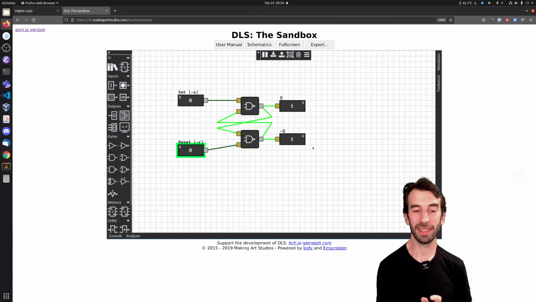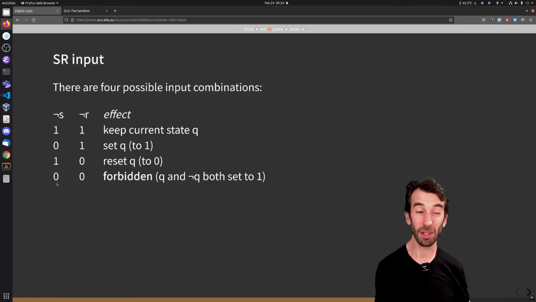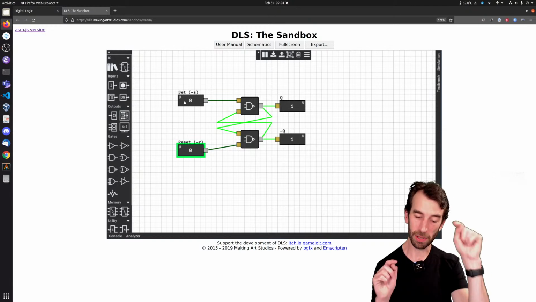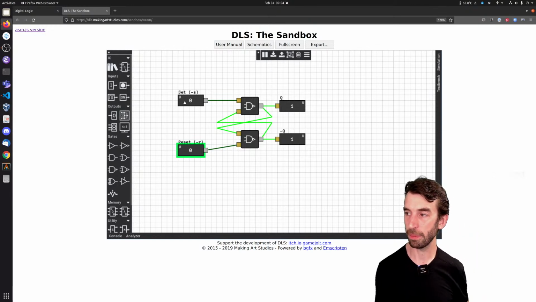So the fact that setting both inputs to 0 means we're ruining our assumption about our own circuit. We also have a problem in that if you go from 0, 0 to this other state, 1, 1, I can't do it here because I've only got one mouse, but if we turn both of them on at the same time, turn both on, then